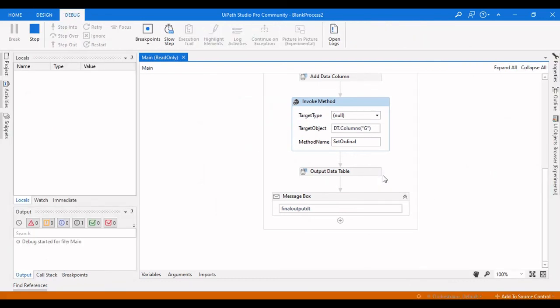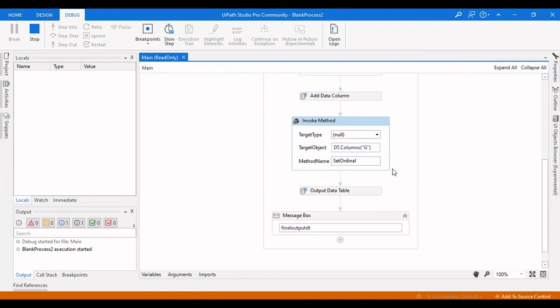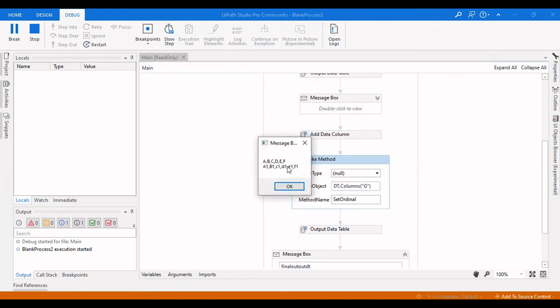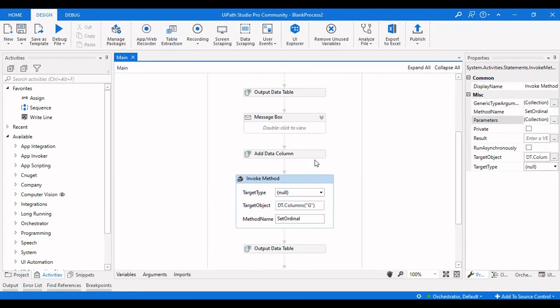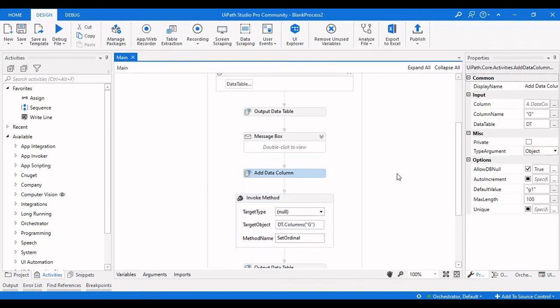So this is how you actually arrange columns or insert another column in between. That is the initial data table, and this is the final data table where G is inserted after E. And this is how you actually insert a column in between 2 other columns in UiPath Studio.